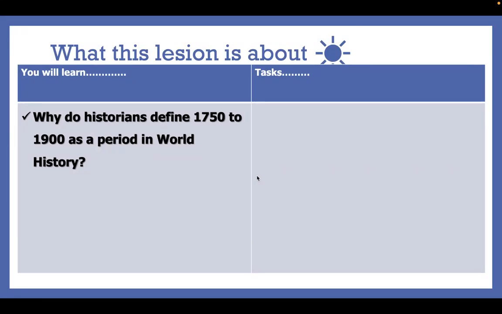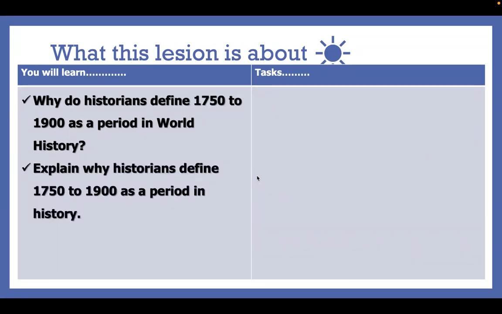So our learning target, our essential question today that you need to get from doing this lesson is, why do historians define this time period, 1750 to 1900, as a period in world history? So when we go through this lesson, we need to understand that we are explaining why historians define it. So we're talking about the relationship between certain developments and certain events and how they affected the processes